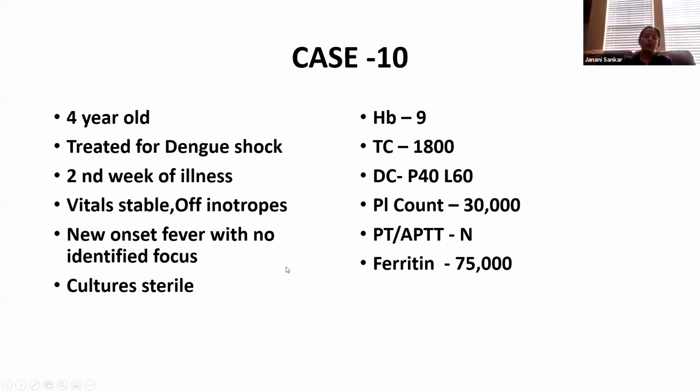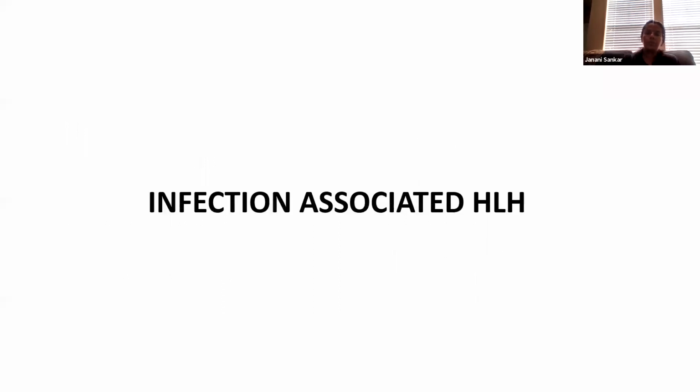Try to demonstrate the hemophagocytic cells in the bone marrow. You have the revised criteria. I'm not going into that. You can always go through your textbooks and get the revised criteria. So you have bicytopenia, new onset fever, high ferritin, and plus or minus splenomegaly, plus or minus bone marrow involvement. And they also have liver involvement. They have high transaminases. Then you make a diagnosis of infection associated HLH.